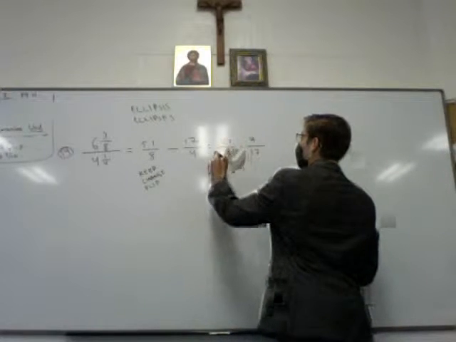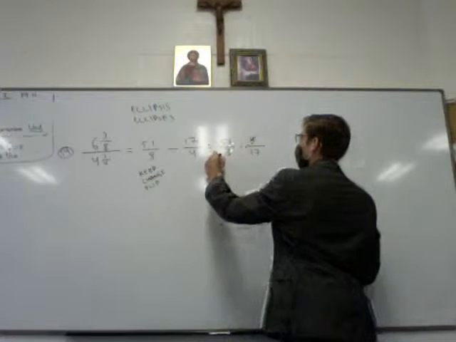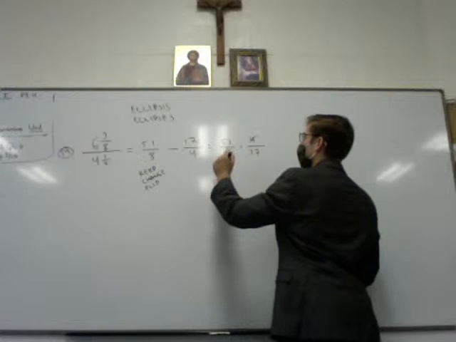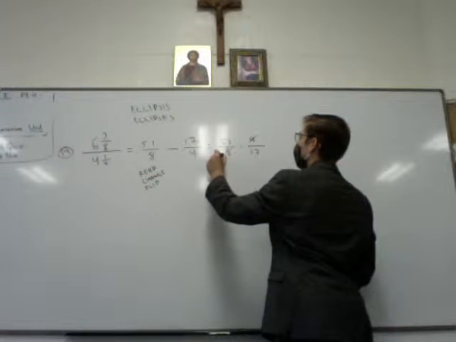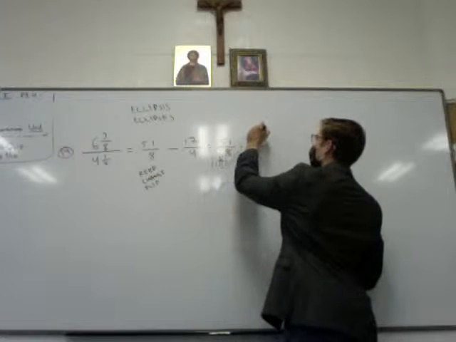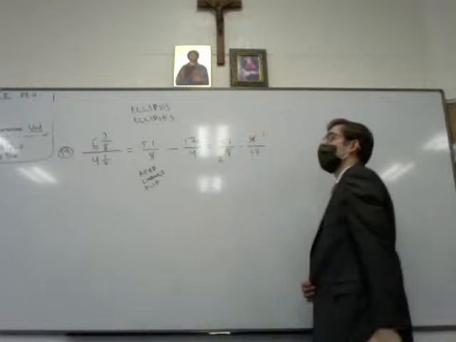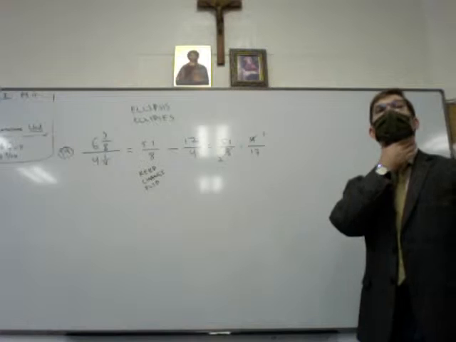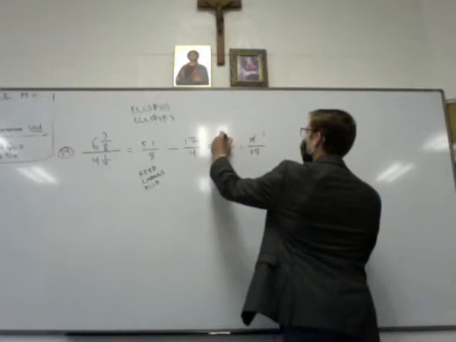Yes, so 8 becomes what? 8 becomes 4, 4 becomes 1. No. We're dividing them both by what? 4. So 8 divided by 4 is, 8 becomes 2. And 4 becomes 1. What else can we simplify here? 17 becomes 1 and 51 becomes 3.